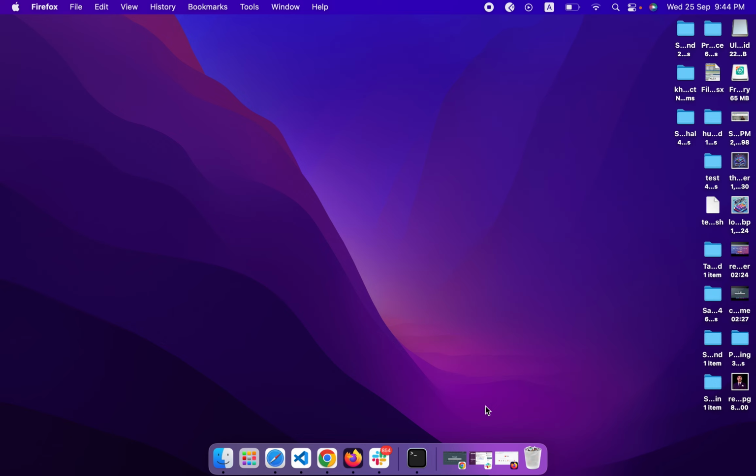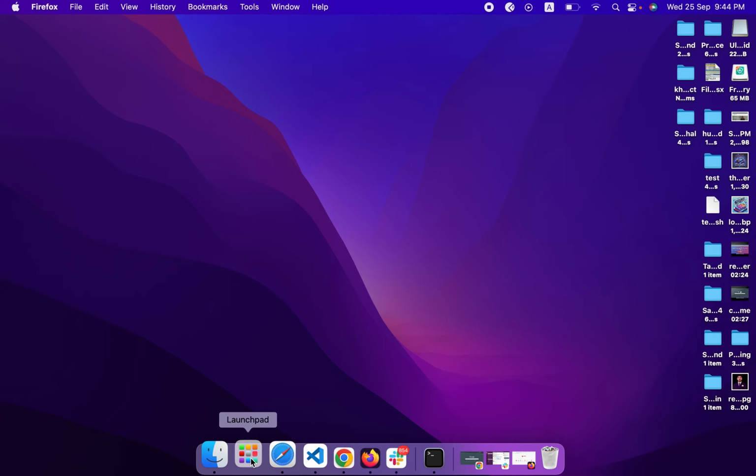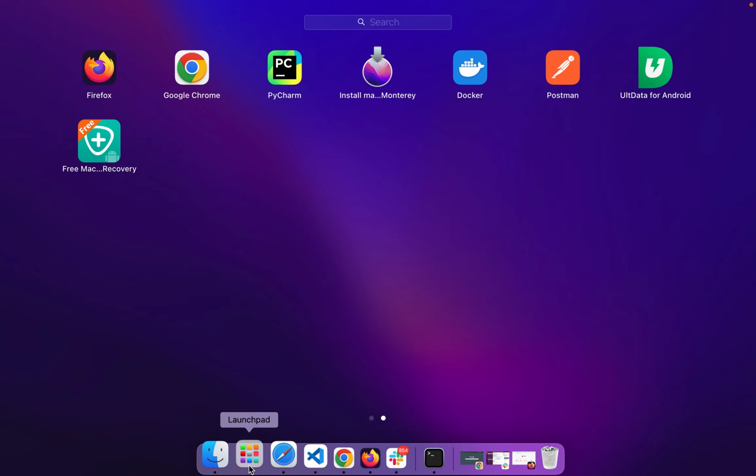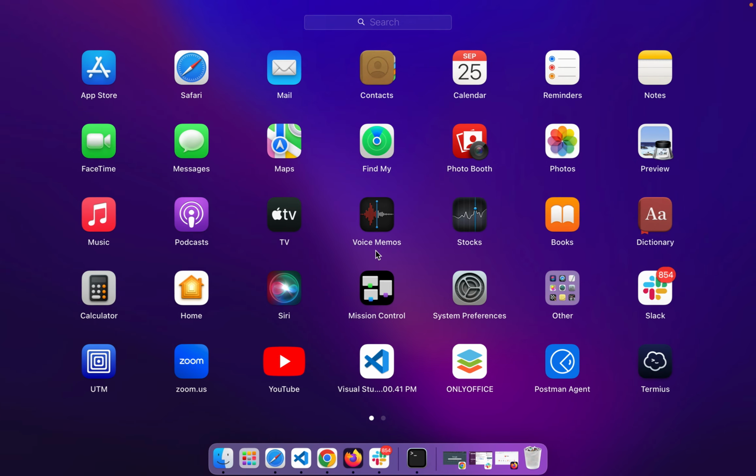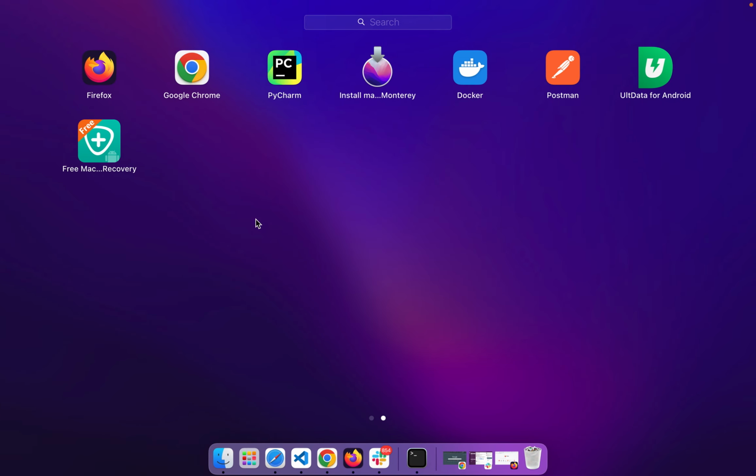from MacBook. Okay, the first way is if you click or press the F4 key from your Mac, then it will launch a Launchpad for you, or simply you can click this option. There are all the applications we have installed. So simply press and hold the option key, then start jiggling, and it will give you the option and the cross sign where you click and delete or uninstall your program from the Mac.